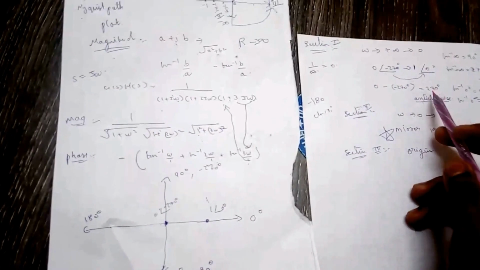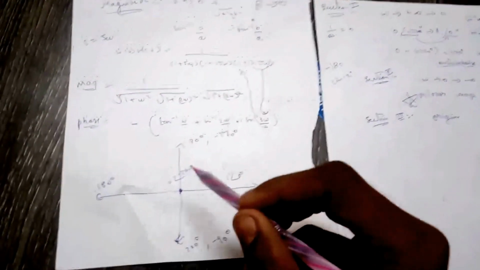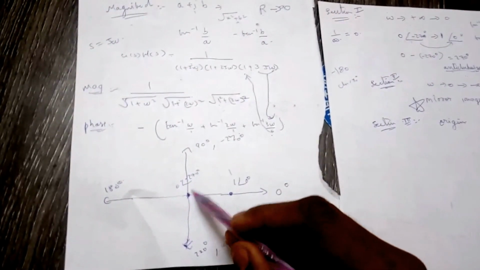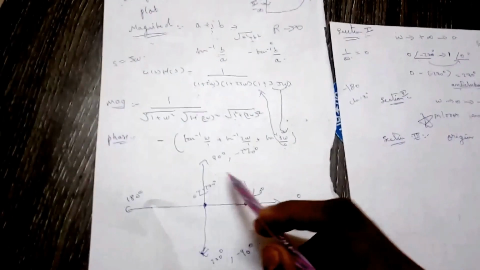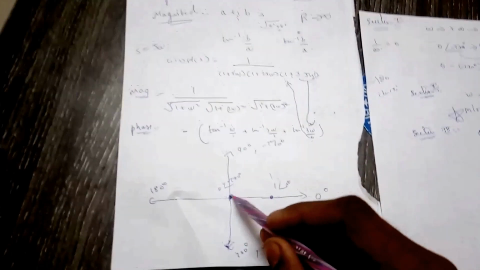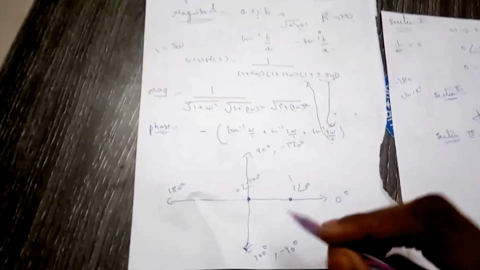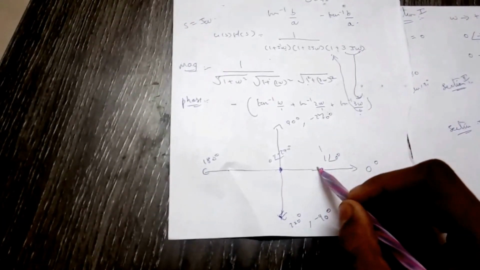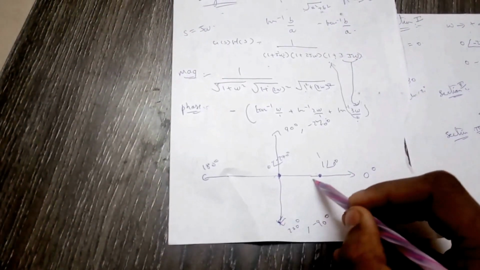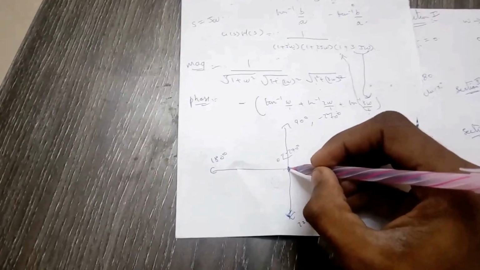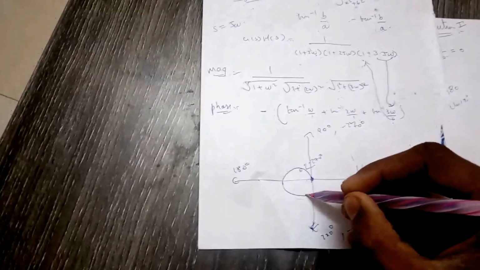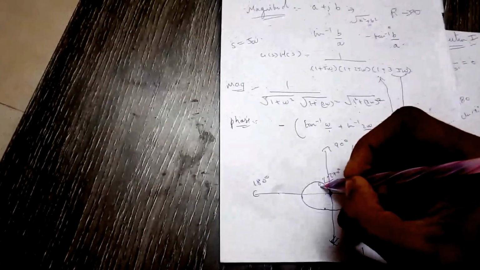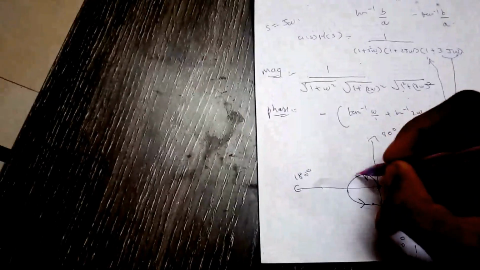So we need to move from here to here in the anti-clockwise direction, with a total rotation of 270 degrees. I can't move in this way because it will be clockwise. I can't move in this way, it's going to be clockwise. I can't move in this way either because it's going to be clockwise. So I have to move in this direction so as to make it anti-clockwise. Moving from here to here will make 90 degrees. Moving from here to here will make 180 degrees. So for making 270 degrees, I will be moving in this way. And this is what we got for section 1.